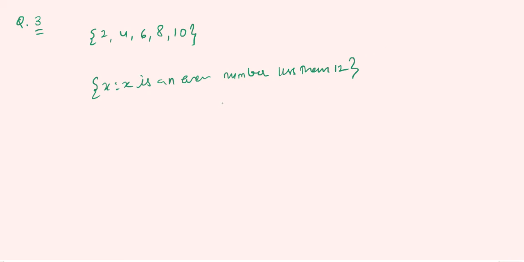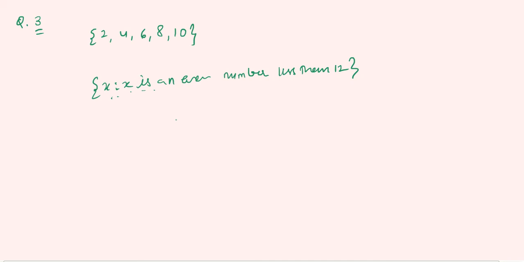Then second is 2, 3, 5, 7, 11. So same you have to write X is such that. Now 2, 3, 5, 7 and 11, you can't write odd. Odd आप नहीं लिख सकते. क्यों? क्योंकि 2 उसमें even है. तो 2 है, 3 है, 5 है, 7 है, 11 है. क्या हो सकता है इन सब में? ये सब प्राइम नंबर्स हैं. So you have to write X is such that X is a prime number less than 13.